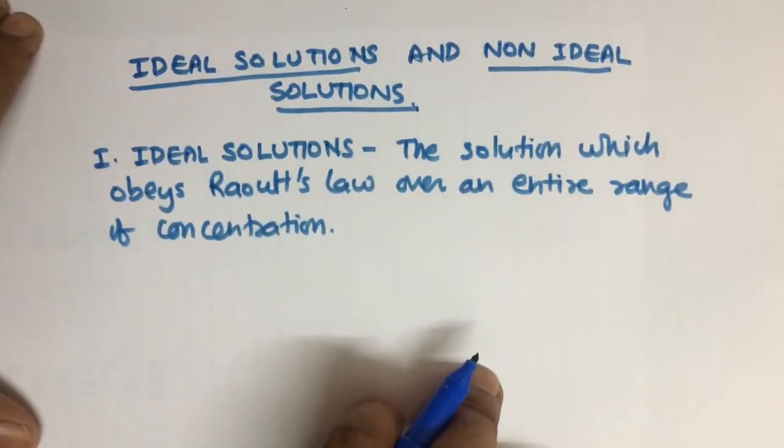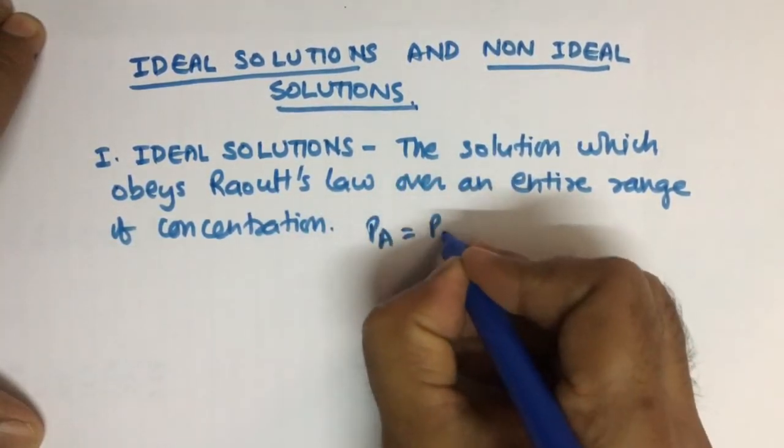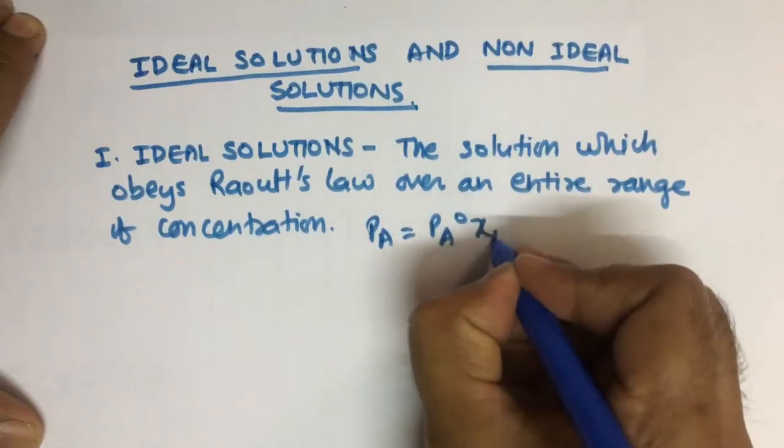Now for Raoult's law, Pa is equal to Pa naught XA,